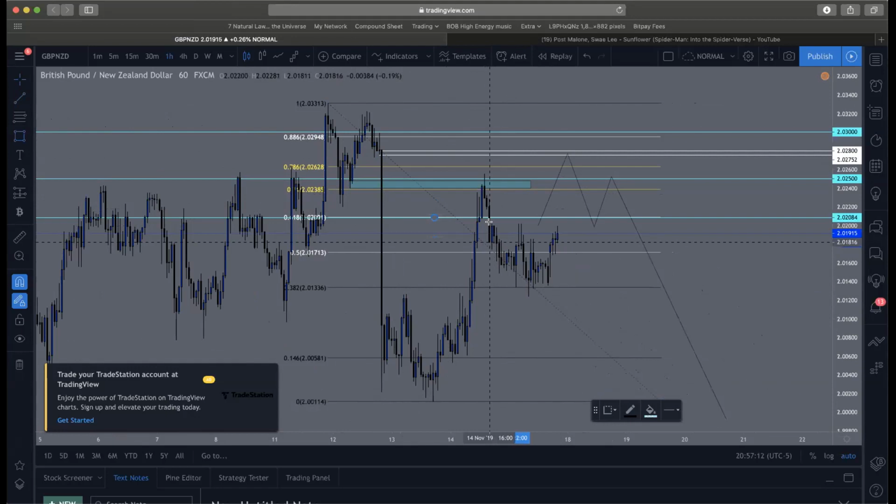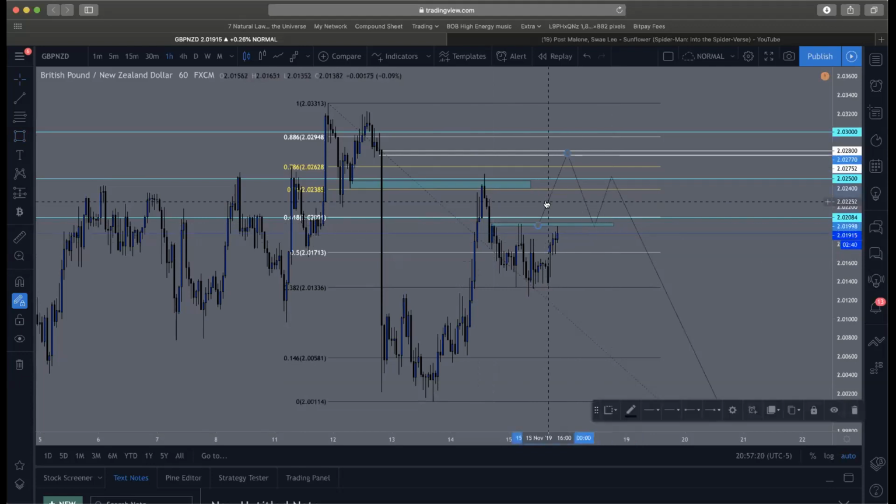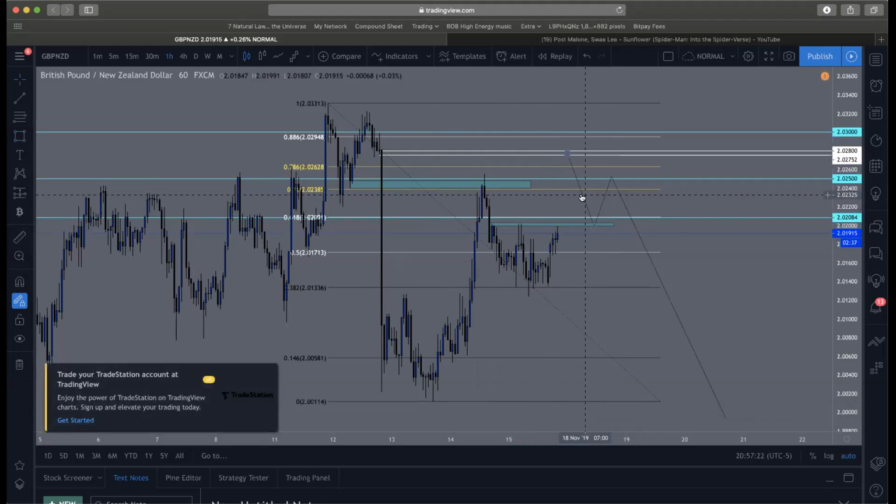Now that I see it right here, look at this. We got these equal highs. What do we like to do with equal highs? They get destroyed. Equal highs get destroyed. You guys need to remember that. So after they get destroyed,